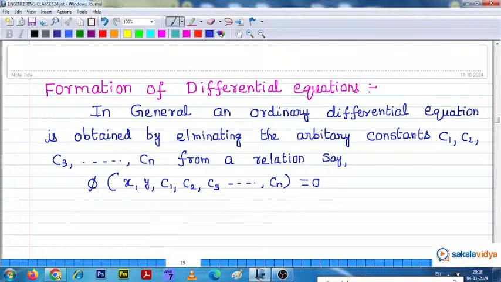So that means by eliminating the arbitrary constants from the relation, we get an